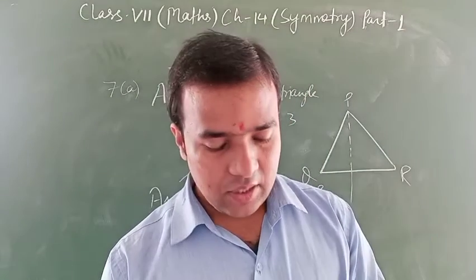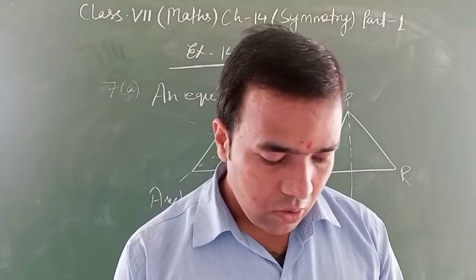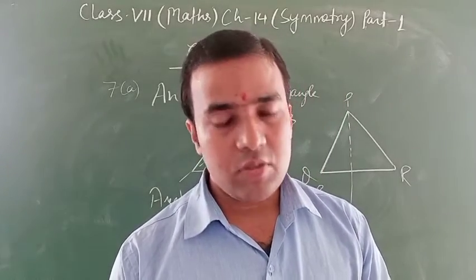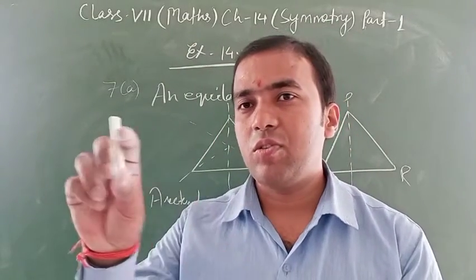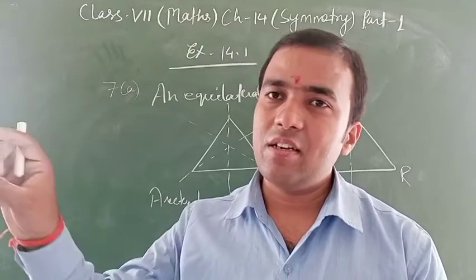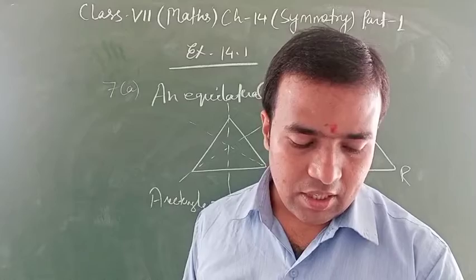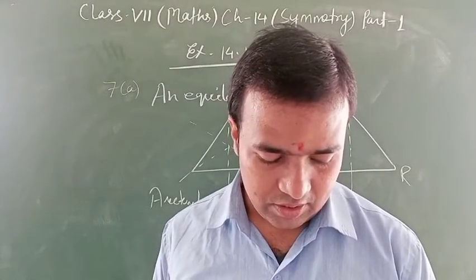So there are questions up to number 9. Clear? These are optional multiple choice questions, so you can do them there. Only 11 questions are given. Up to 9 are multiple choice. So I told you one example, an arrow, where you can make its line of symmetry. So in question number 10, draw the lines of symmetry of each of the following figures.